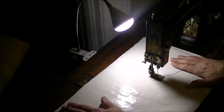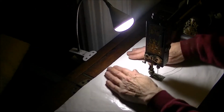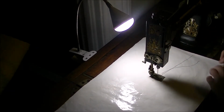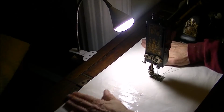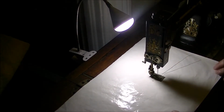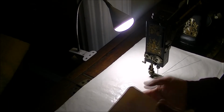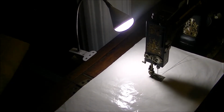So I have my sliding mat in here, this Teflon slider mat. It's getting kind of worn out, but it still works. I just bought a new one, so I'll have to show you that at some point. But anyway, it's got a little bit of a stickiness to it. It's not super sticky, but that keeps it from sliding around, and it helps your fabric to slide. So let's put in another